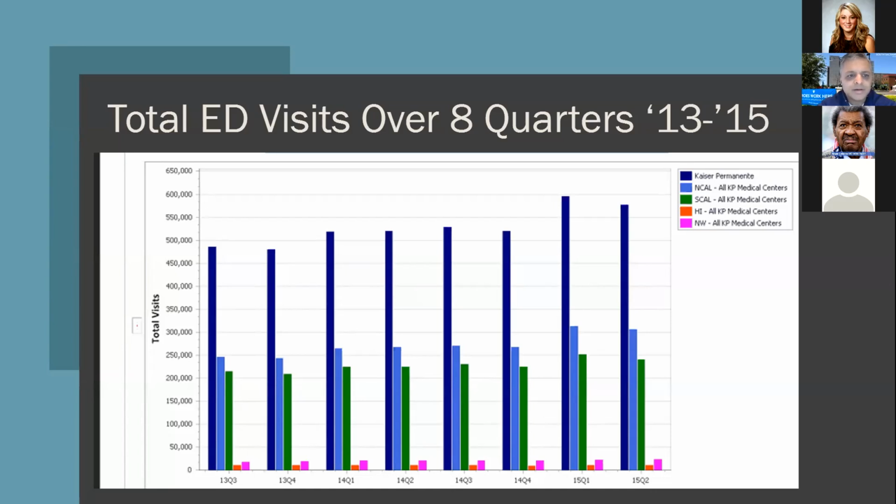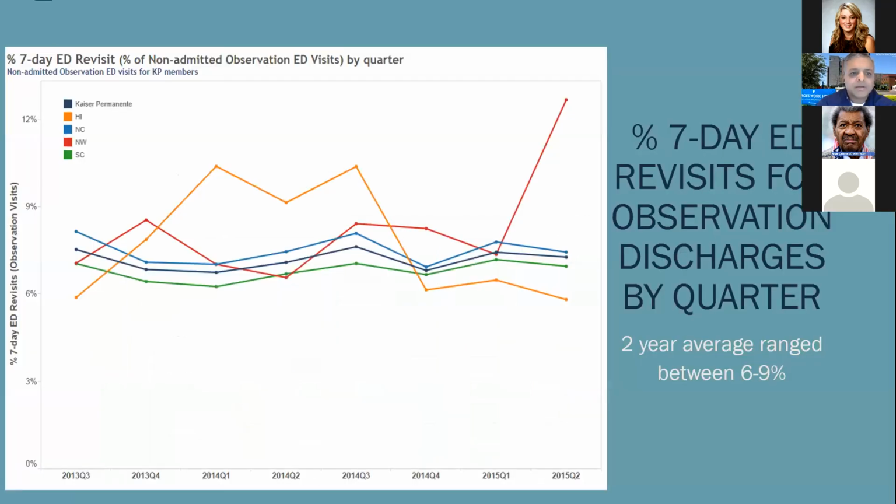So we're looking at 2 million plus ED visits when you combine the 4 regions I specifically alluded to here in this area. So that's the population we were working with initially. And so this is our first data that we found. And so when we defined our OBS patients and we extracted the data and looked at their 7-day return rates,